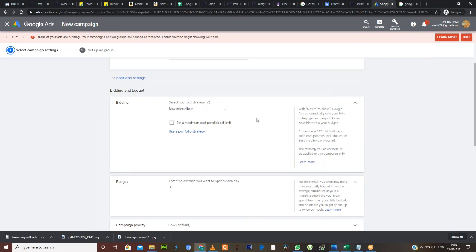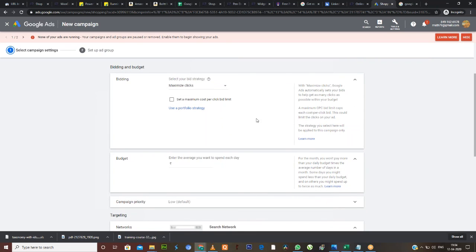If anyone is seeing the shopping ad, they cannot see the URL of the website, so they cannot remember anything. They will just see, okay, an image is there. And if they are seeing a search ad, until and unless they click, they cannot remember the text and all. So that is the reason we give the bidding strategy as maximum clicks.